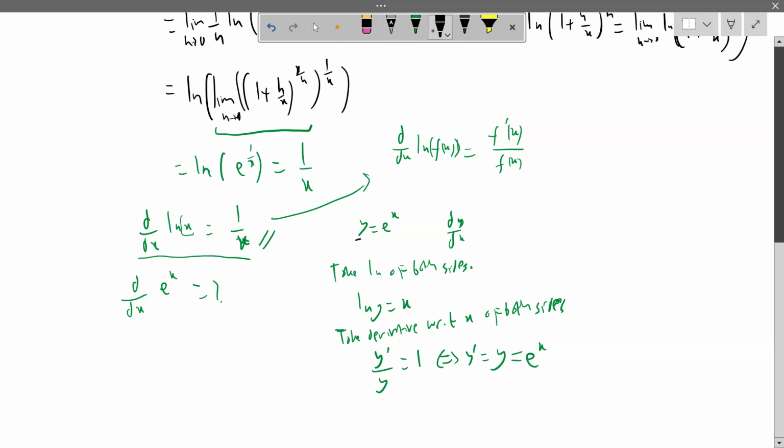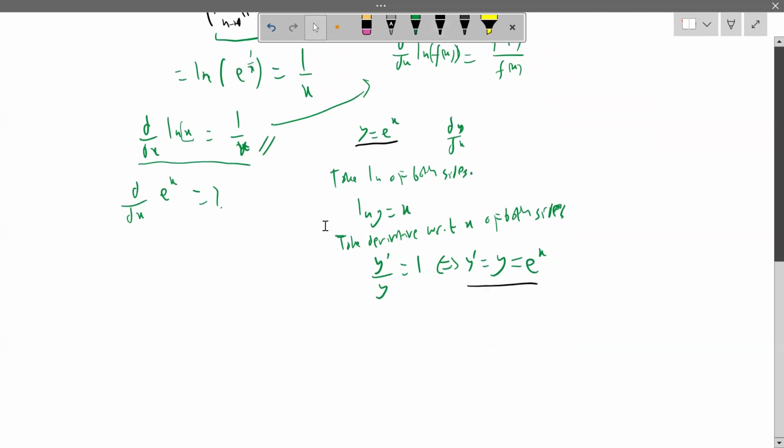So here we have a remarkable fact that you probably might have heard of, that e to the power of x has a derivative that is equal to itself. And this is a special case of a to the power of x. For the general case, which is the main thing that we are going to do,